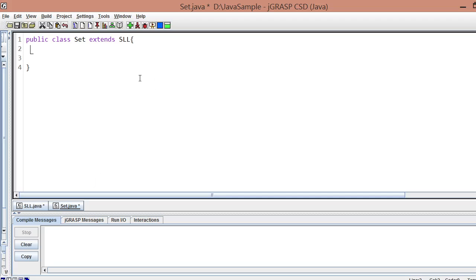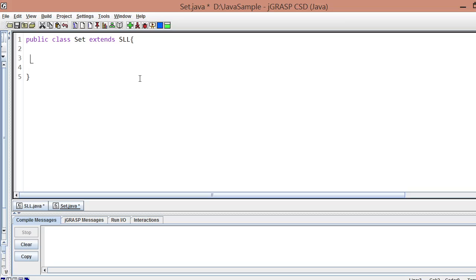In the Set class, what we're going to do is make sure that the elements in a set are unique from one another.